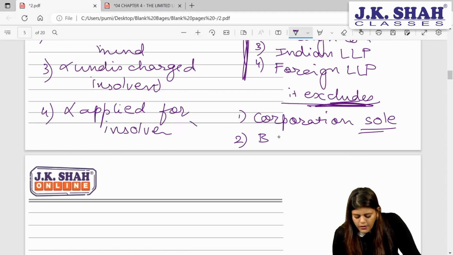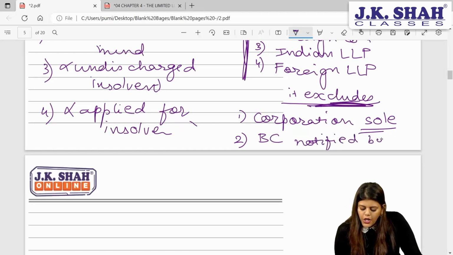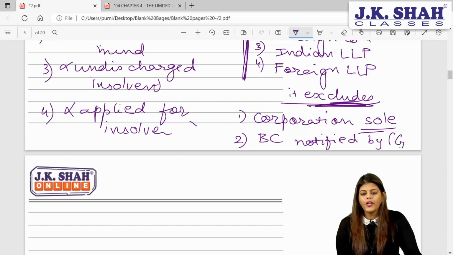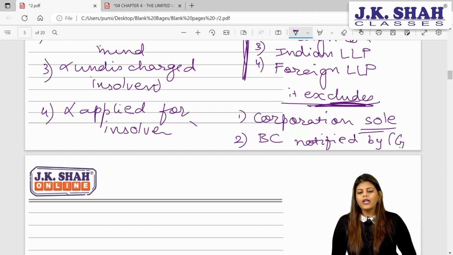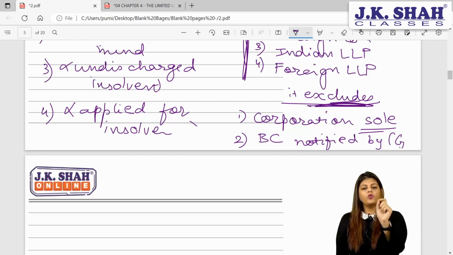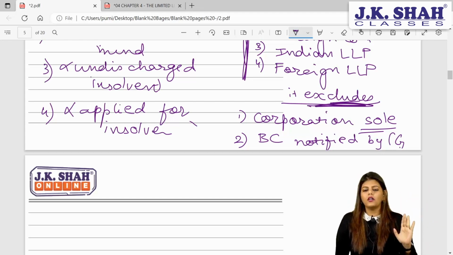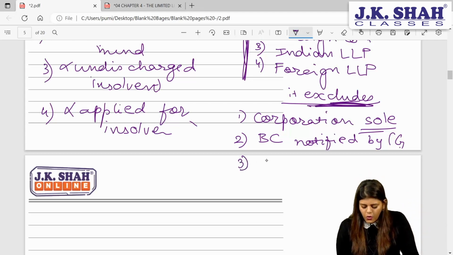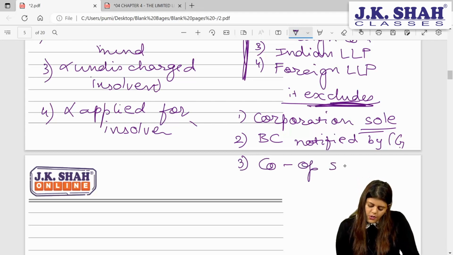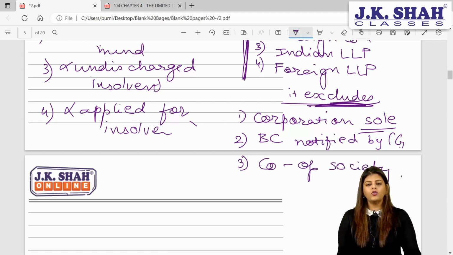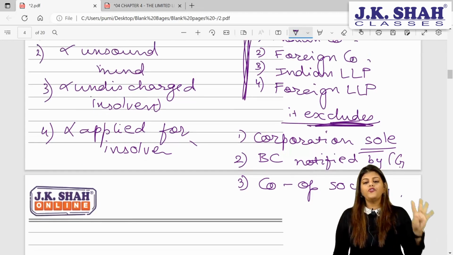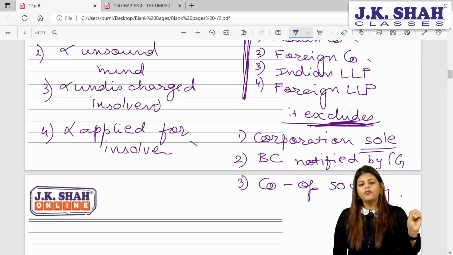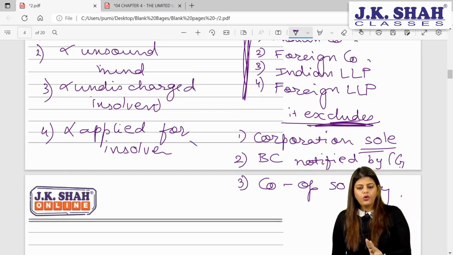Second, any other body corporate notified by government. So bacha, you might be a body corporate. You might be an Indian foreign company or LLP, but government ने specifically आपको notify करके रखा है कि तू partner नहीं बन सकता, तू body corporate में नहीं आएगा, तो तू नहीं आएगा. Third one, cooperative societies. So these 3 are excluded, they are not allowed to become partners of LLP. So 4 points, Indian foreign company, Indian foreign LLP, but it excludes corporation soul, body corporates notified by government and